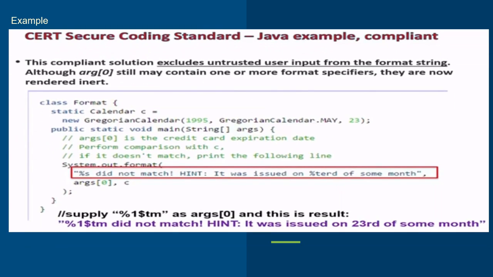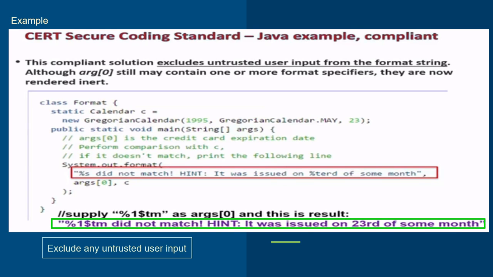In order to address this problem, what we need to do is exclude any untrusted user input from that format string. Here we are no longer allowing the display of sub-zero. We basically render that payload attack. We have the same code here, but the only thing we have changed now is the format method of our system out. We only display %s. So whatever gets passed in our sub-zero is actually then displayed via %s format instead of being displayed directly as what was presented in this parameter. So even if our attacker were to supply something that would cause information leakage, the result would just echo back the same value instead of leaking the month as it did before.